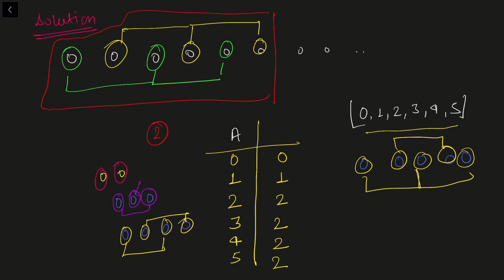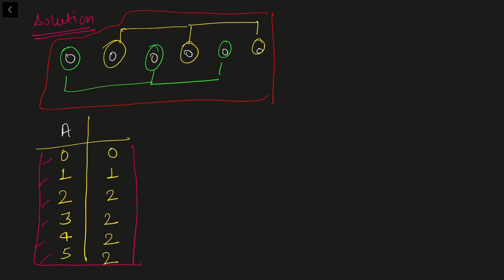So here we can see that now I have a list of all the values I need to return in case of 0, 1, 2, 3, 4, 5. Now that we have all the values that we need, let us try to write a formula for this. So let's say we are given some A, then first I need to create all the batches of 6. So how many batches of 6 can I create out of A elements? That will be A by 6, and this will be an integer division, right?